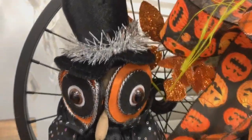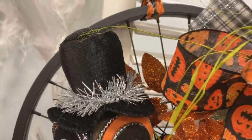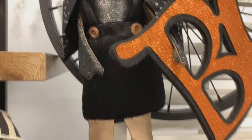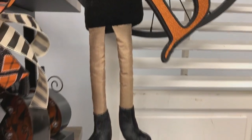MD050702. The owl is a product from Raz, and there comes a set of two, the boy and the girl, and the number on it is 3821639. There's an orange glittered boo sign, and that number is